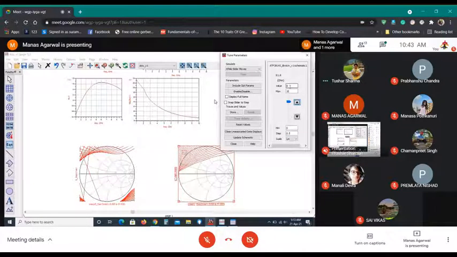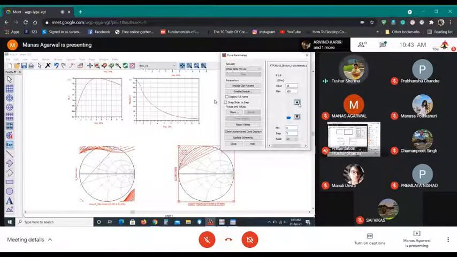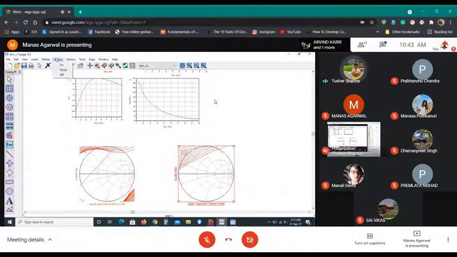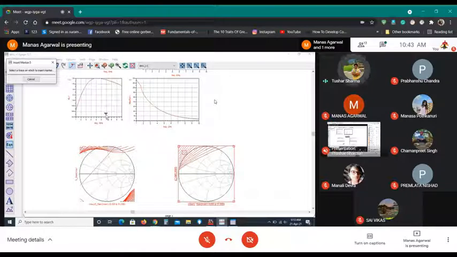Click max below this and do 100, and increase the step size to 5. Now you see, but you put a marker. You won't know until you put a marker what your gain is. Go to marker, new, and put it on the curve. No, in the max gain.